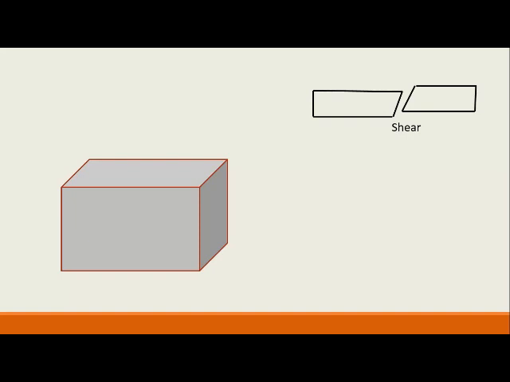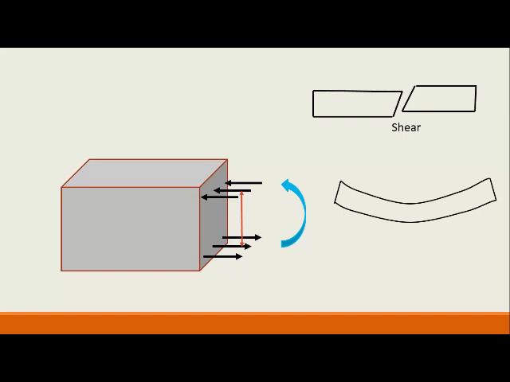Another set of forces which is acting perpendicular to the cross section and is separated by a distance will cause a moment, or we may say a couple, on the cross section, and will cause a deformed pattern like this. This couple is known as bending moment. So this is how the shear force and bending moment are generated.